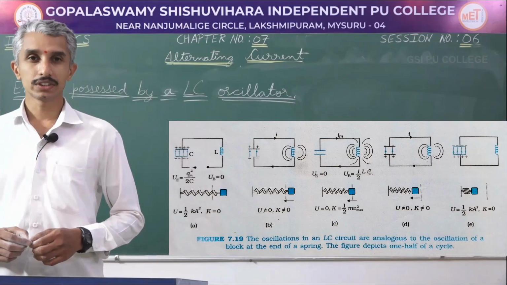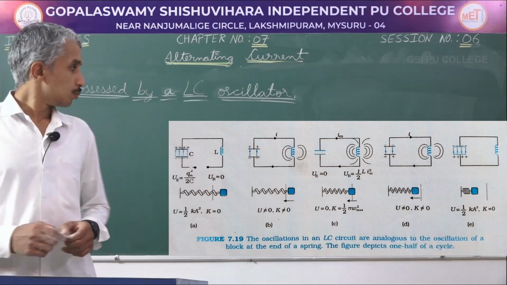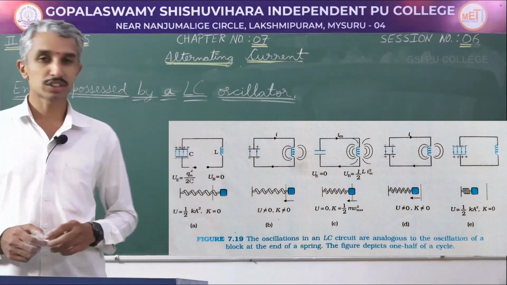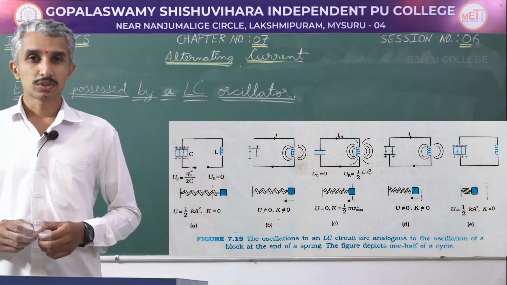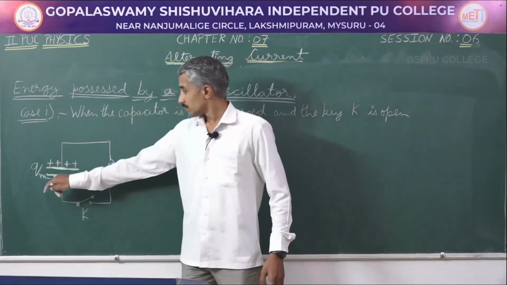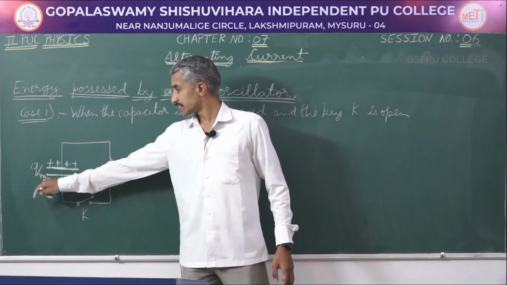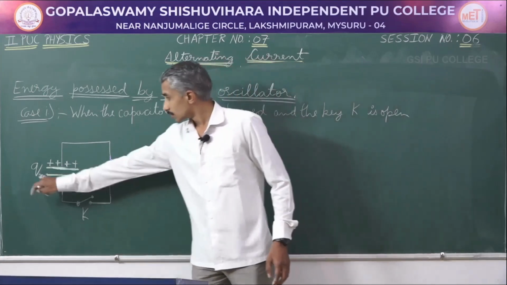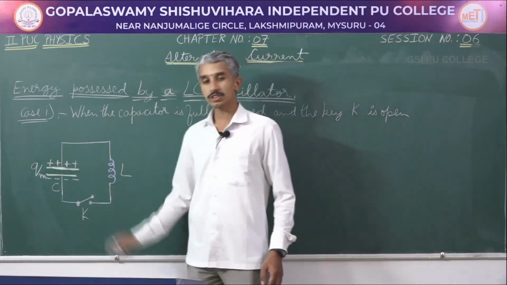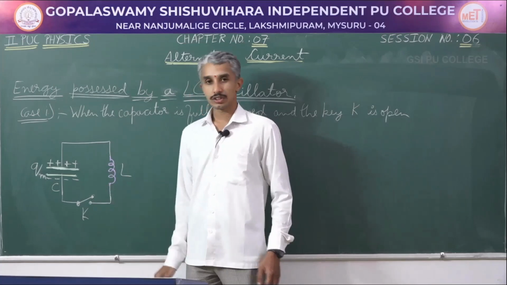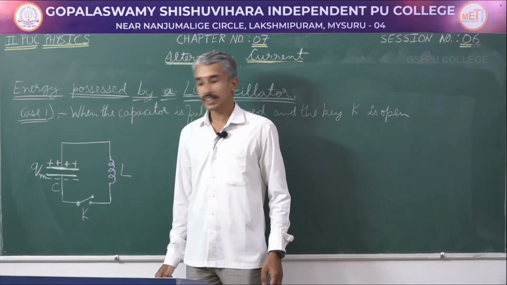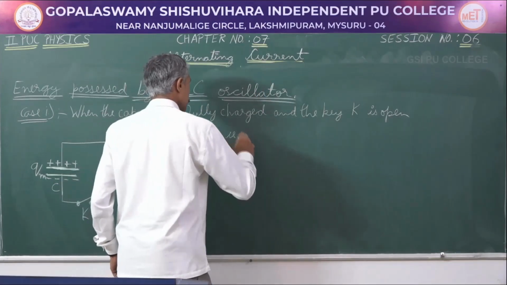Here you have the figure given in your NCERT textbook, where the LC oscillations are being compared with the oscillations of a spring mass system. We will be considering only the oscillations of an LC oscillator now. Let me begin. The first case is where the capacitor is fully charged to its maximum capacity, the charge on the capacitor is Q_m, and the key K is open. In this situation, there is no current in the circuit. So, the energy possessed is entirely by the capacitor,